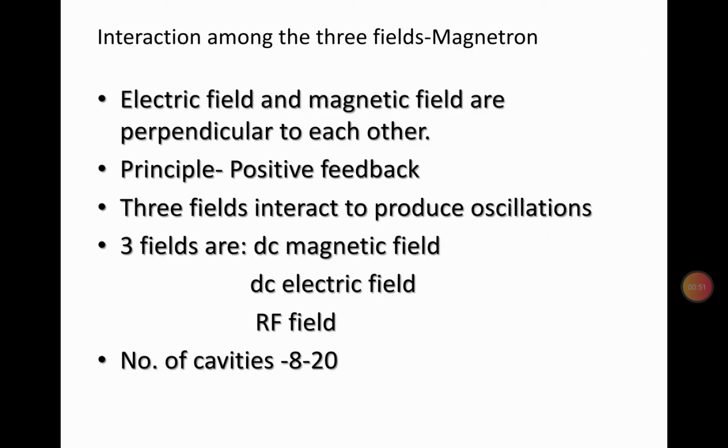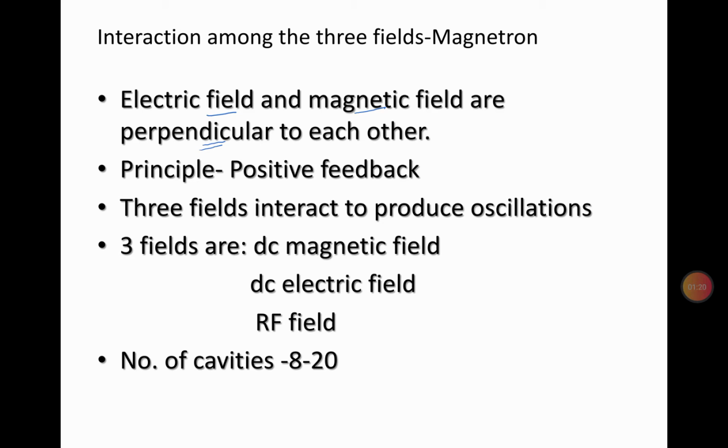Now, because it's a cross-field tube, the electric field and the magnetic field are perpendicular to each other. In such a case, the magnetic field is going to be more dominant in generating the oscillations. It is the one responsible for converting the damped oscillations into sustained oscillations, unlike in linear tubes where the electric field and magnetic field are parallel with each other, and the electric field is responsible for the amplification process.